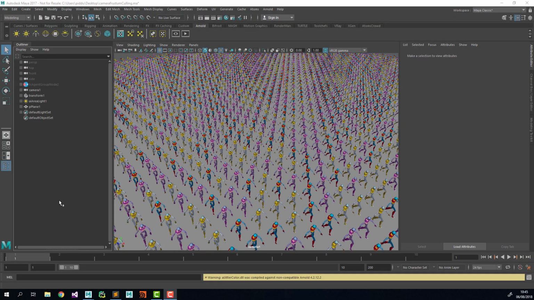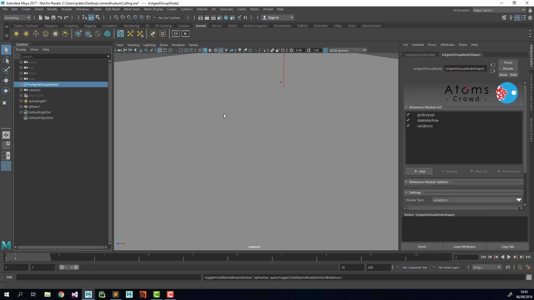Hello there, this is Daniel from Toolchefs, and in this video we're going to have a look at the new rendering features. So here in my scene I already have an Atoms proxy that I've cached out using this agent